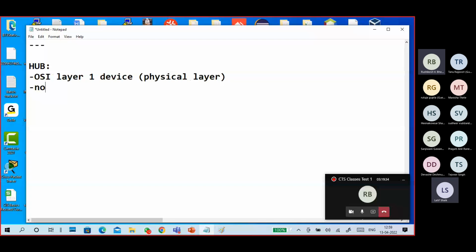First, it's non-intelligent. Non-intelligent device means there is no separate circuit for it. It doesn't understand packets or other things. It just broadcasts to everyone.